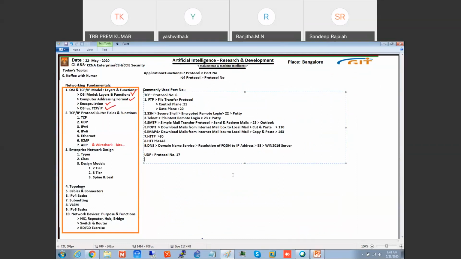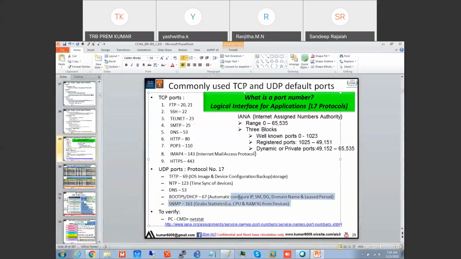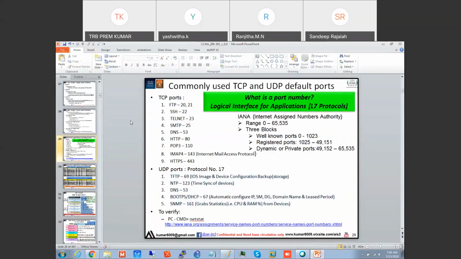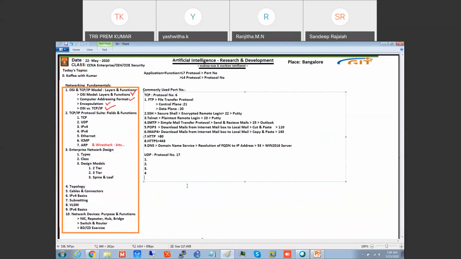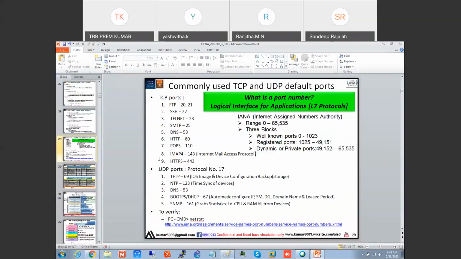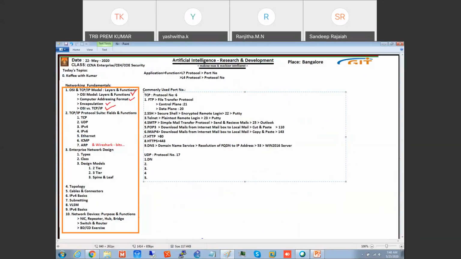Okay, now port numbers we'll see. Let us start some important ones, like start from DNS. So we will do five protocols, 1, 2, 3, 4, 5. Okay. So now first we'll start with DNS. As I told you, DNS can do 53. DNS can do both UDP and TCP. So now let's understand where UDP will be, TCP will be used.